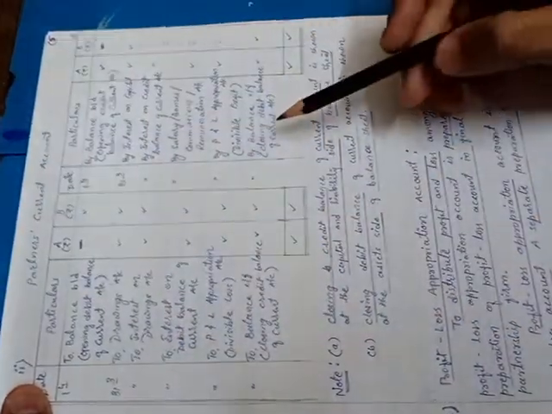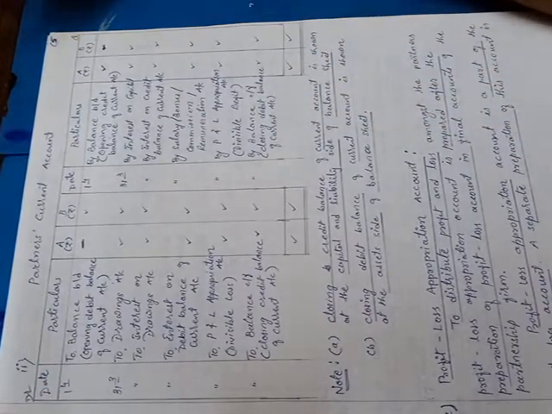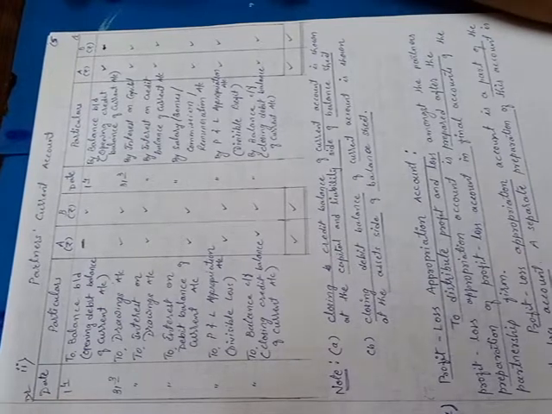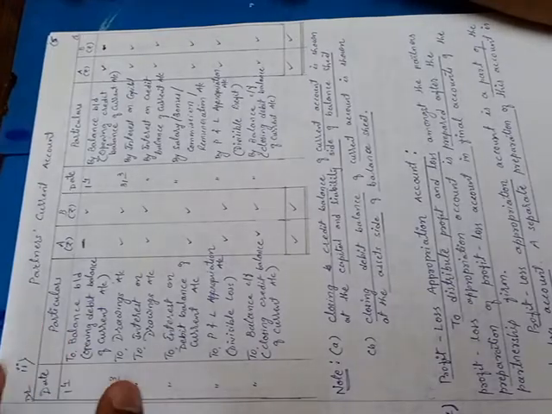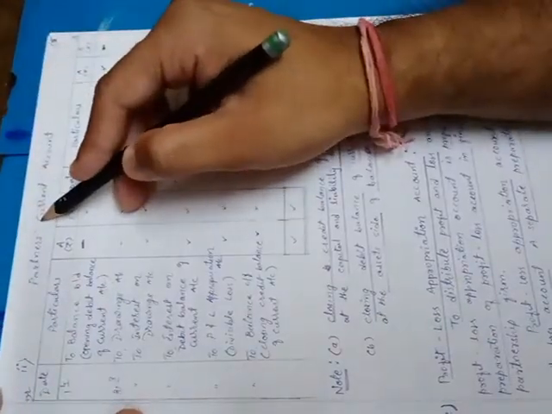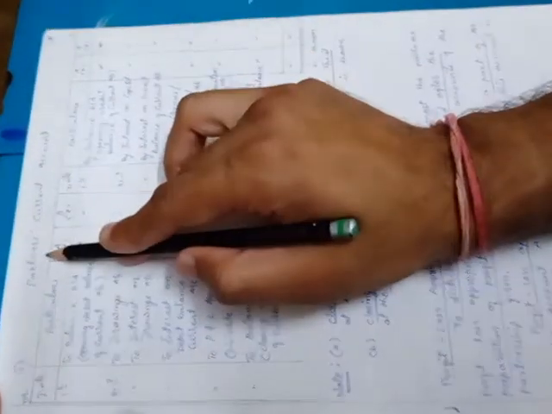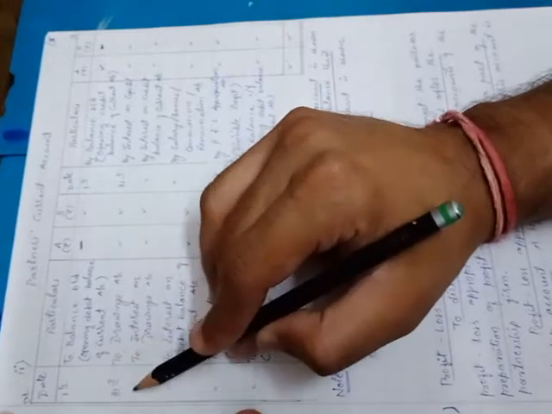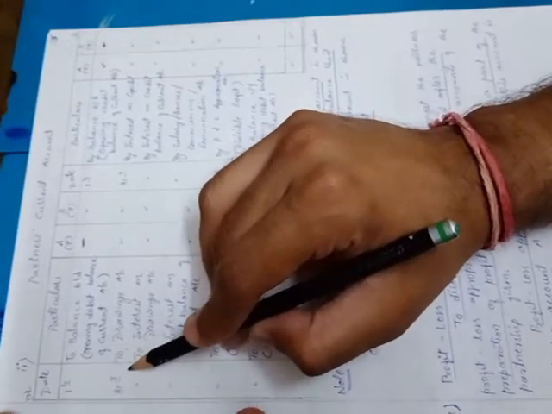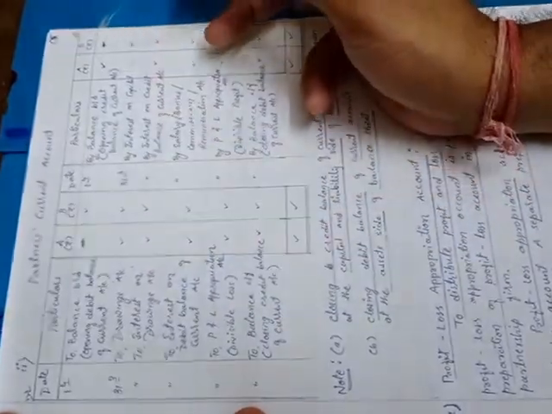So first we are going to transfer the drawings account to this partner's current account. In the previous method also, the drawings account was closed and transferred to the debit side of the capital account. Over here also, the drawings account will be closed and transferred to the debit side of the current account. Only the name of the account is changed, otherwise the effect remains the same. So on the debit side you can see 31/3 to drawings account, with the value in the partner's column.